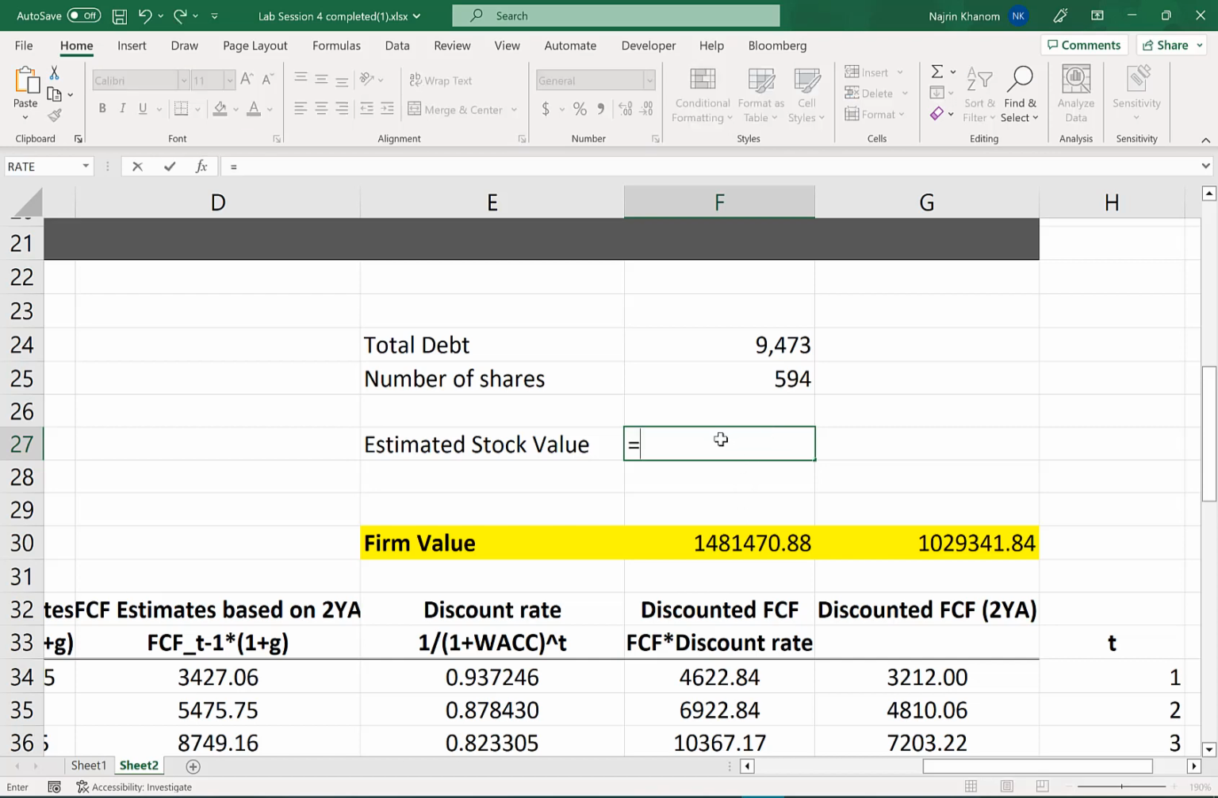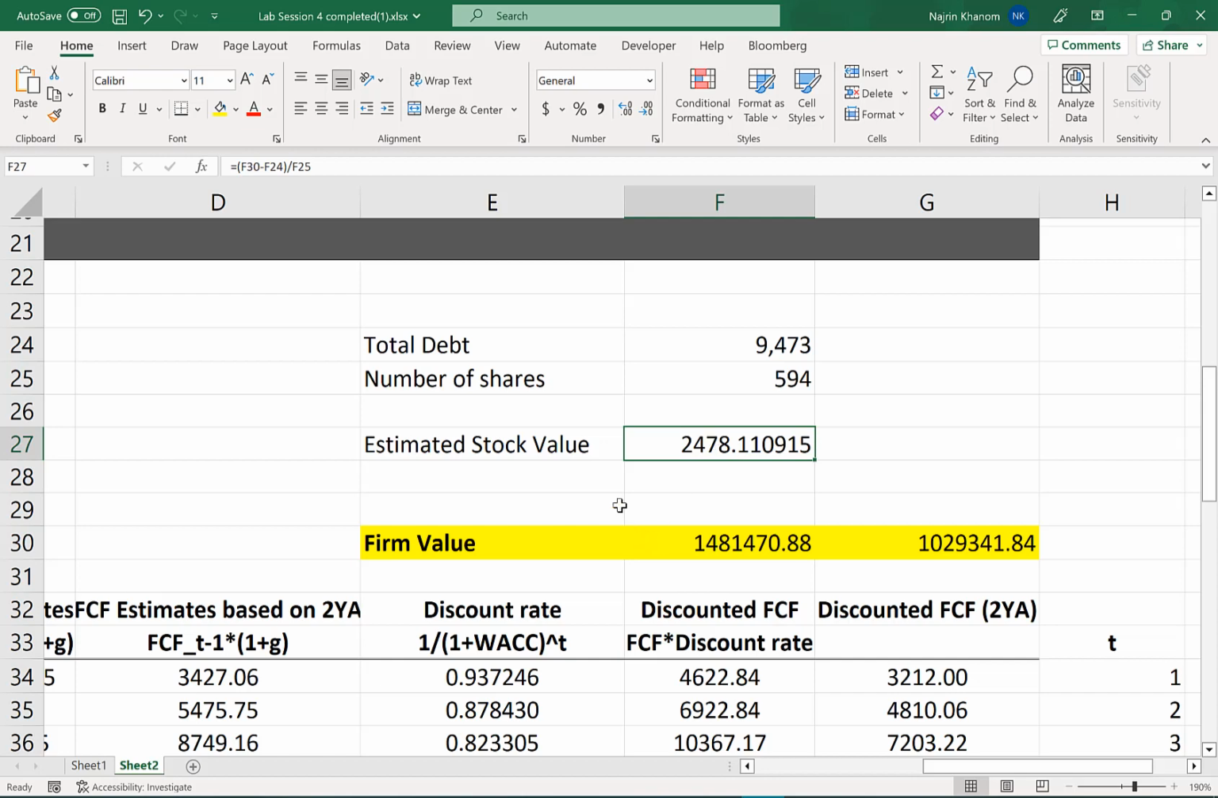So the estimated stock value, for this we need the estimated equity value. So this is using the firm value based on the 2022 base year. So firm value minus total debt. This gives us the total valuation for equity, and then if we divide that by the number of shares, that gives us the estimated value for each share. So that comes to a whopping